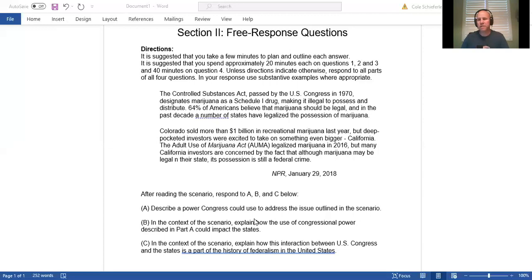So those would be all examples of where we're going way above and beyond what we need. We're leaving no doubt that we know what federalism is, and we have studied the history of federalism, and we're relating that to how this is just the latest in events of where the federal government and the state government are having a battle over who has power, right? Okay, so this is how writing a concept application would go, ladies and gentlemen.